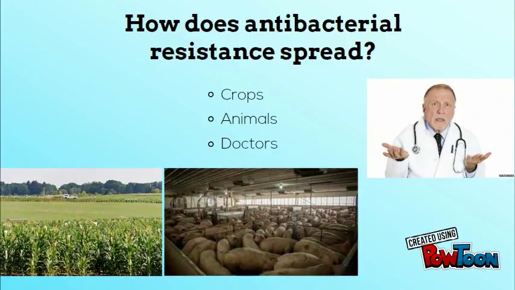Antibacterial resistance spreads in many ways. It can spread through the dirt our crops grow on, the animals we eat, or through the prescriptions we are given. In order for antibacterial resistance to spread through our soil, the soil must first be treated with supplements to stimulate growth. The animals we eat can spread the resistance by having been treated with antibiotics to kill diseases that may have developed due to modern-day farming practices.